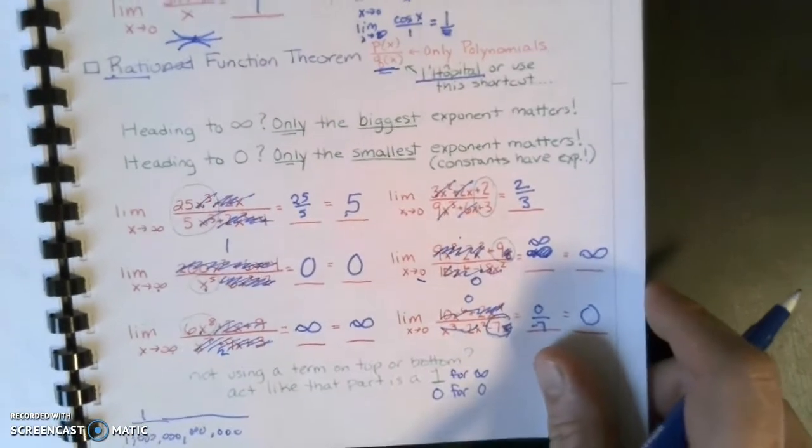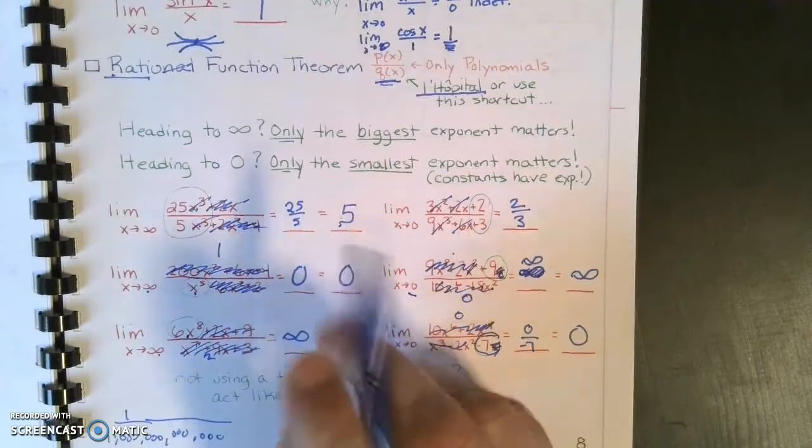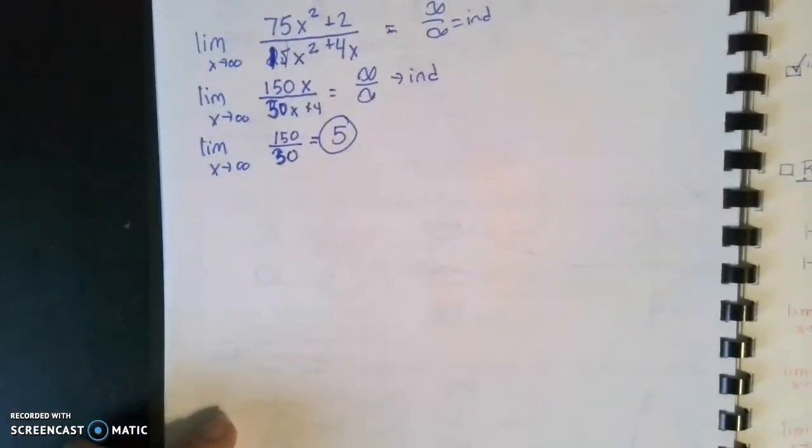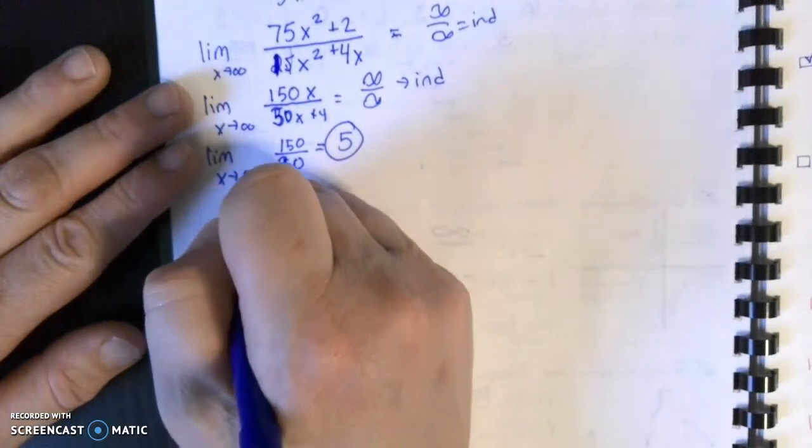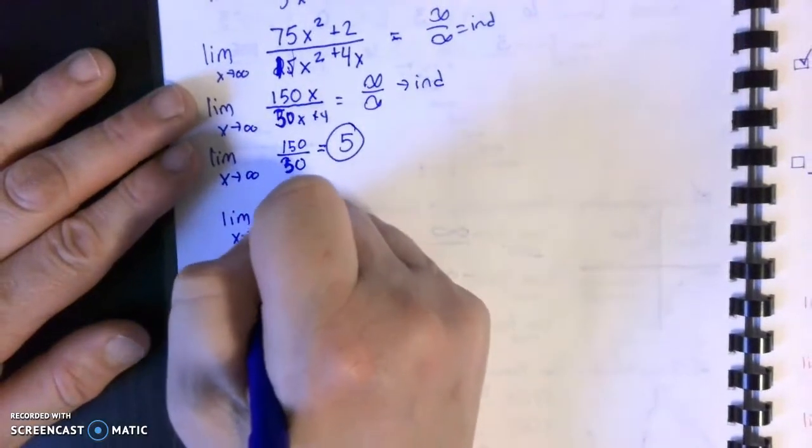The shortcut method says when you head to infinity, you can just dump anything that's smaller and we'll end up with the same answer. But if you can't remember that, you can always use L'Hopital's rule like here. Let's try it on the one that goes to 0. Let's go to limit as x approaches 0